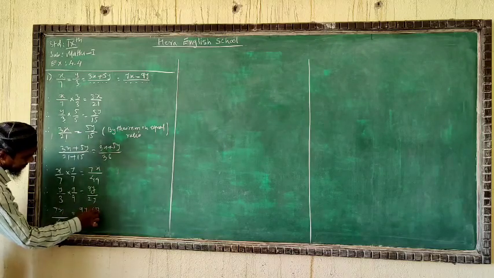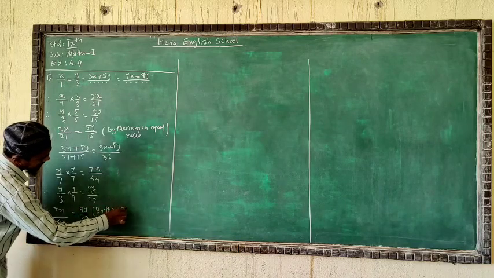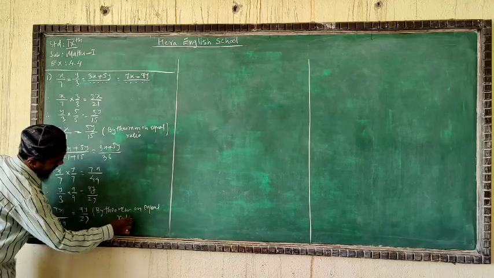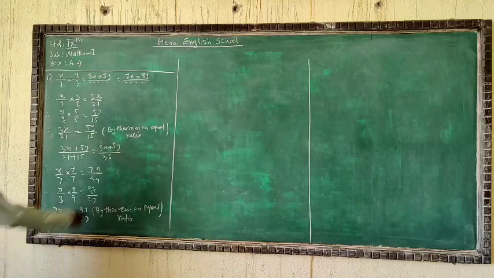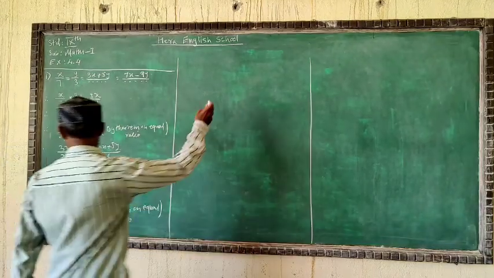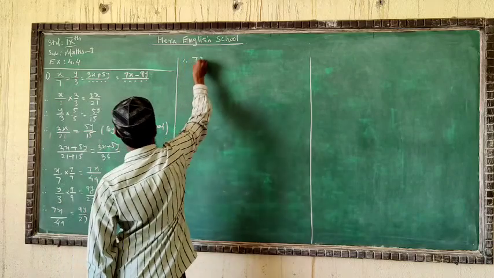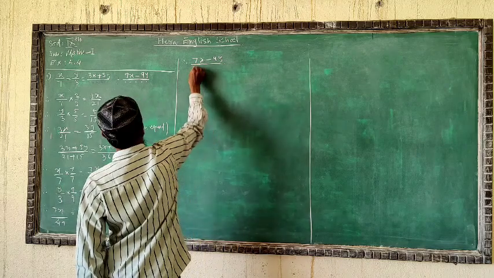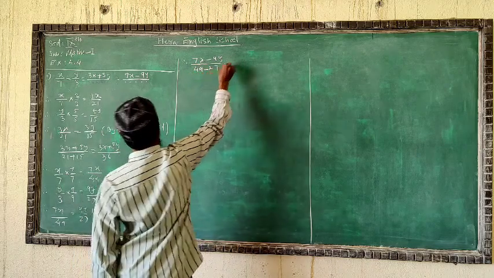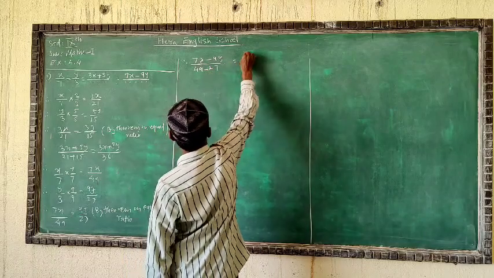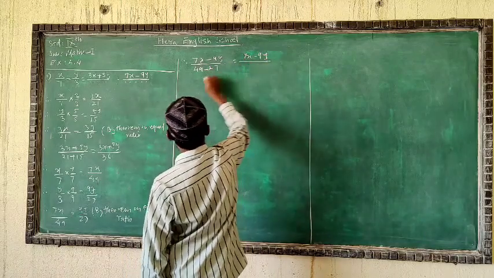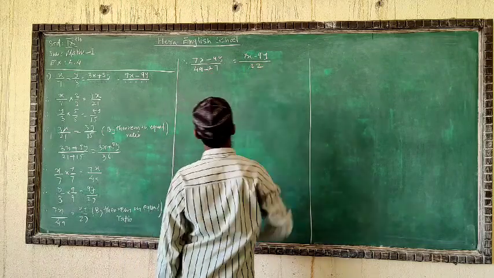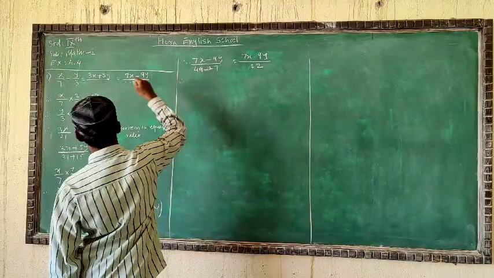We will use the theorem on equal ratio. According to the question, we will subtract both. You will have here 7x minus 9y, downside 49 minus 27, and you will get 7x minus 9y as it is. Now 9 minus 7 you will get 2, 4 minus 2 you will get 2, meaning here you got 22 in the denominator. At last you will write the complete question.